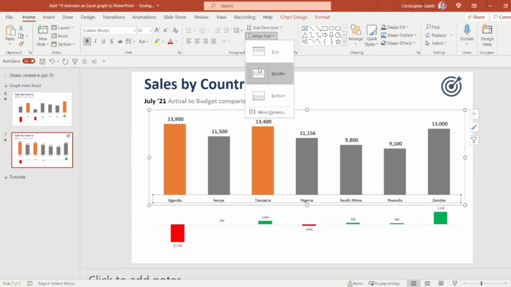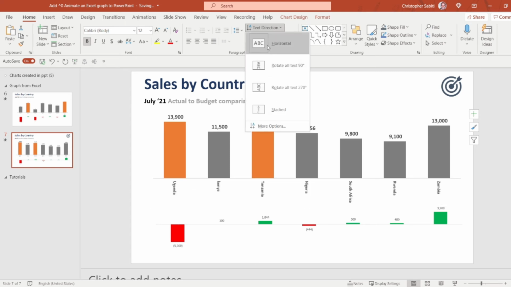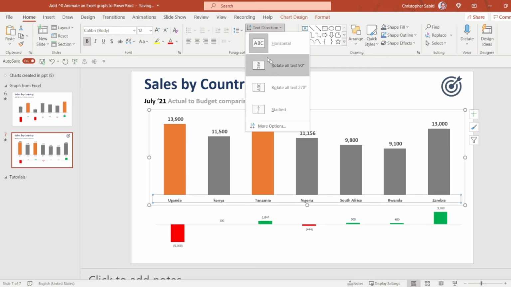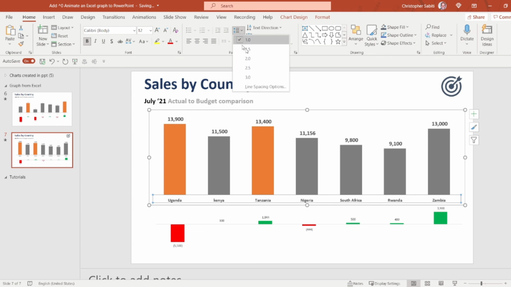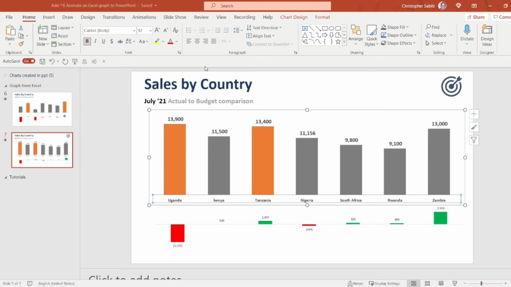Then here you can manage to put it on top, to put it below. You can manage even the direction, how they have to appear, but we don't have to be more extravagant. Let's leave the horizontal one. So there are many options you can go for. You can do the line spacing, all that bit. You can center, you can align left, all that bit.